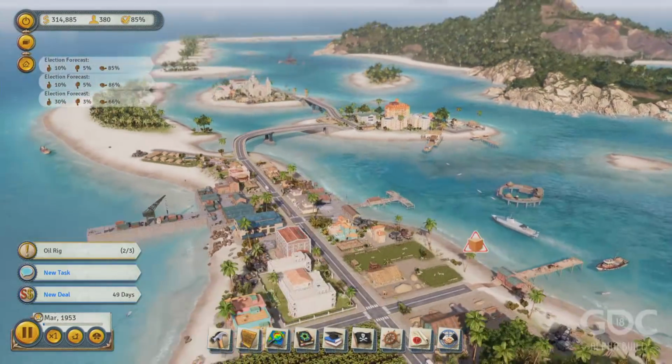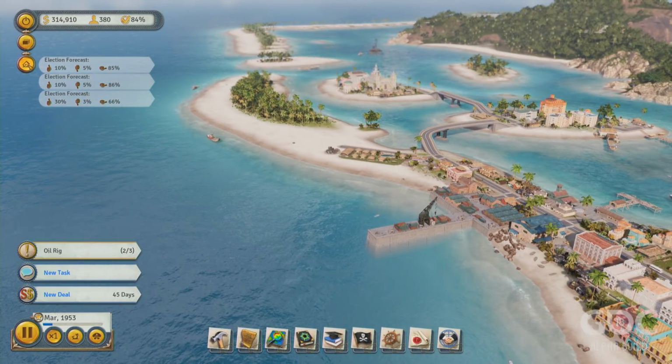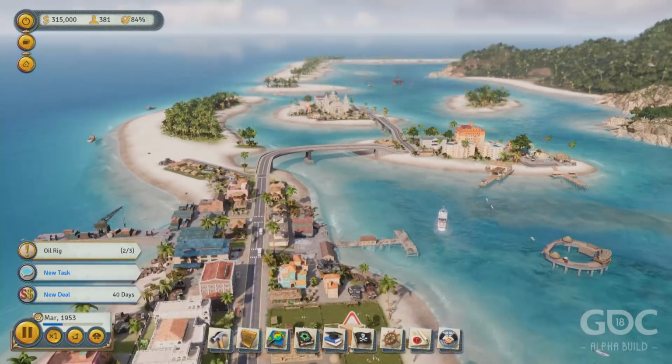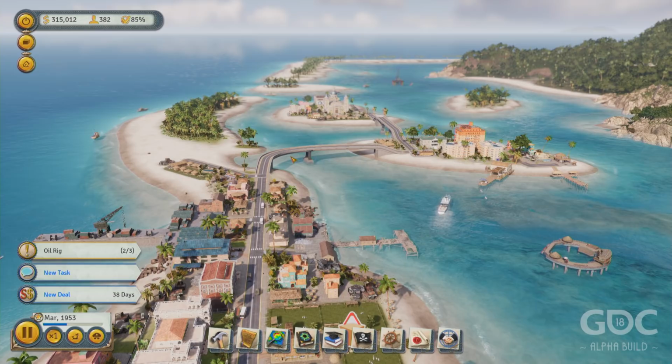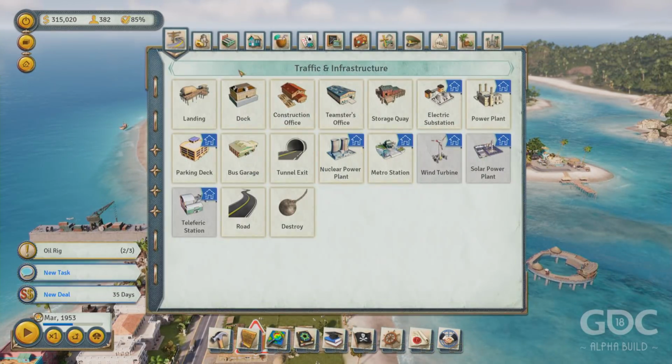Okay, so we've given our speech, we've promised some things, we've said some things. We should probably start looking at spending some of this vast fortune that we've acquired on improving our island setup. So if we take a look at our building options, I think there's something like almost 150 buildings in Tropico 6, and an interesting thing is that